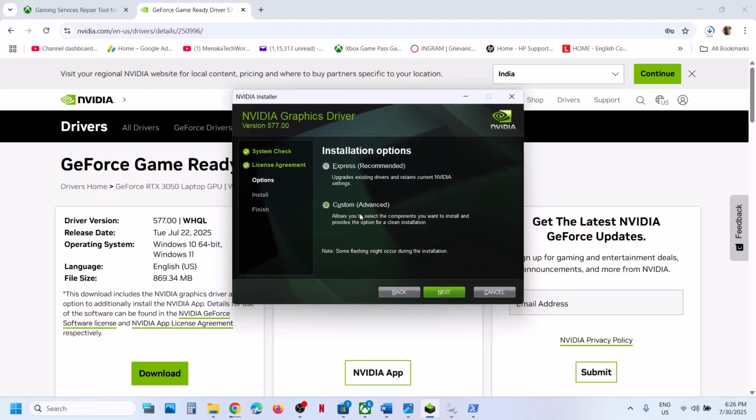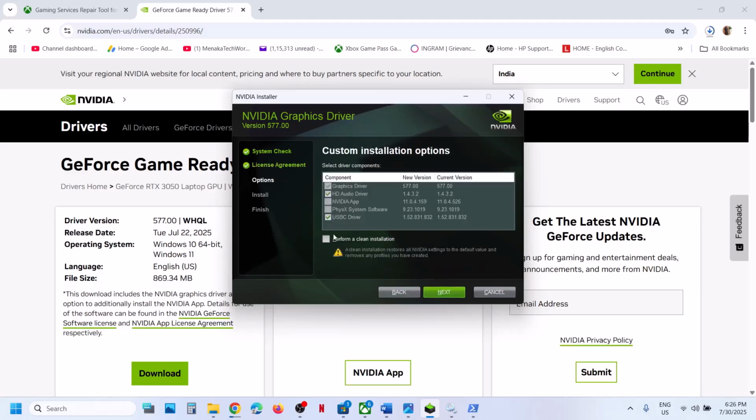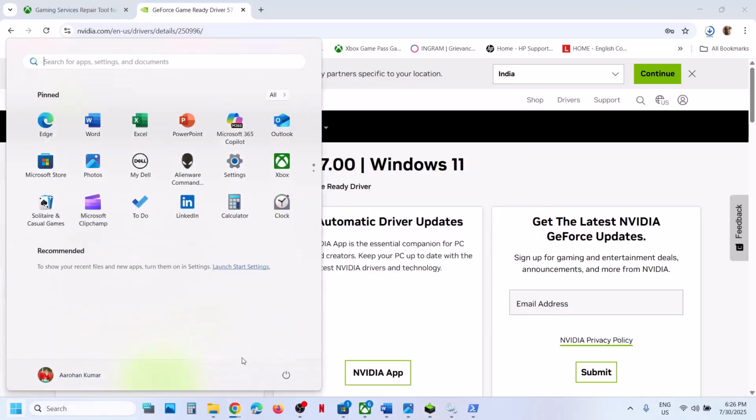And then select the custom option over here and click on next, then put a check on the box which says perform a clean installation and click on next. After the clean installation is done, restart your computer, and after the system restarts, you can launch the game and